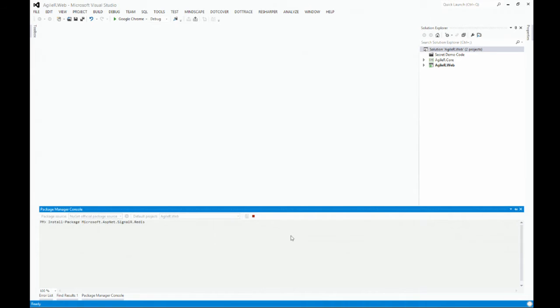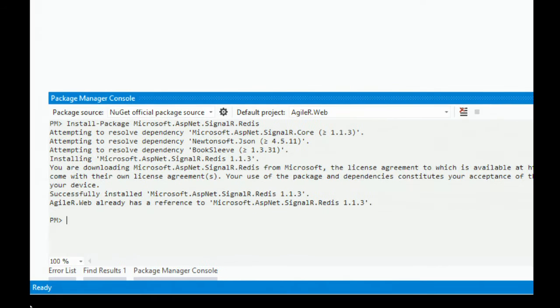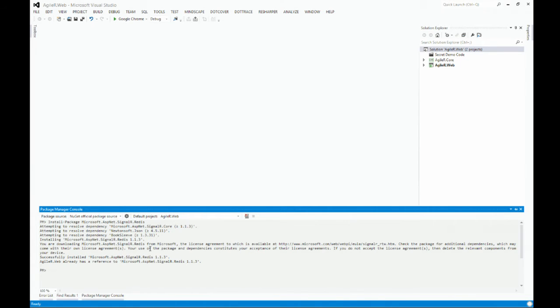And it's still working, right? So down the bottom, which you can't see, I'm installing the SignalR.Redis NuGet package. That's going to add in support for Redis as a backplane. Zooming in there. Apparently I've already installed it once, but that's okay. Installing it again, just to be certain.